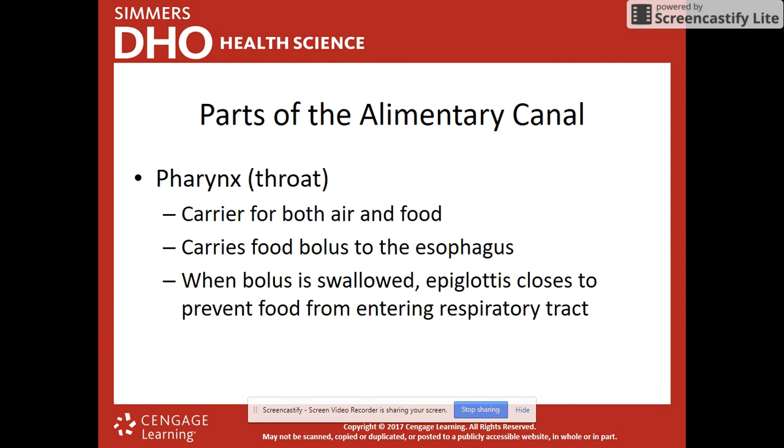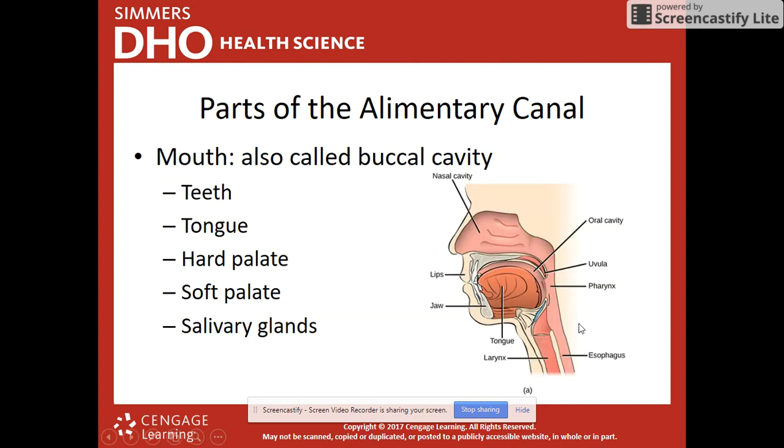So then we have the pharynx, or the throat, and looking back on this real quick, the pharynx is right here, okay? So it's where the nasal cavity, air coming down here, and also food coming out here, are both together. That's the pharynx. When it separates off, the one tube to go to your stomach is the esophagus. And then the other tube that's going to go to your lungs for breathing is going to be your larynx and trachea. Okay.